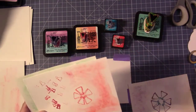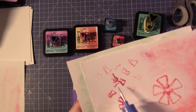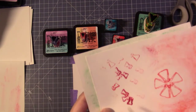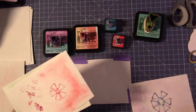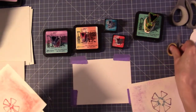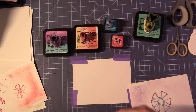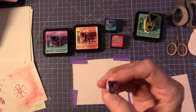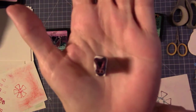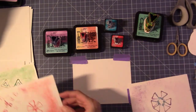And that's because I had, I'm going to use a little pokey tool here. If you look right there, and right there, and there, on the sides here, there are little blips. So I took my mini scissors here, and I trimmed out that part where that little blip was. I think I got it. I'm not sure. It's very hard to see, but I think I did it. So I used the red for that one, and